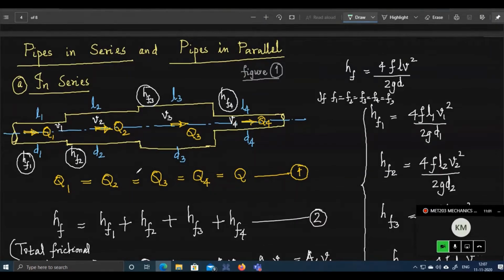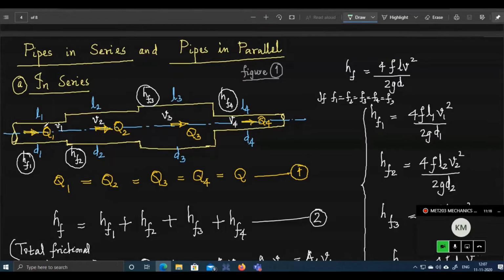Pipes in series, pipes in parallel. So here we have a number of pipes connected in series. Say in the figure we have 4 different portions of the pipe indicated, and the 4 different portions have different lengths